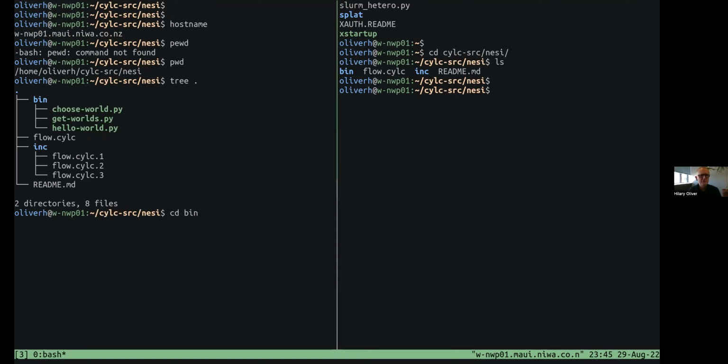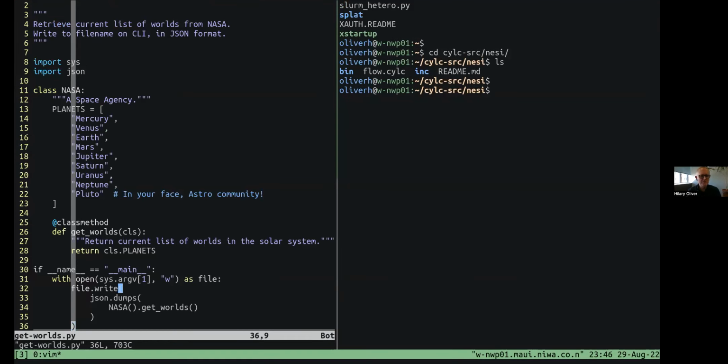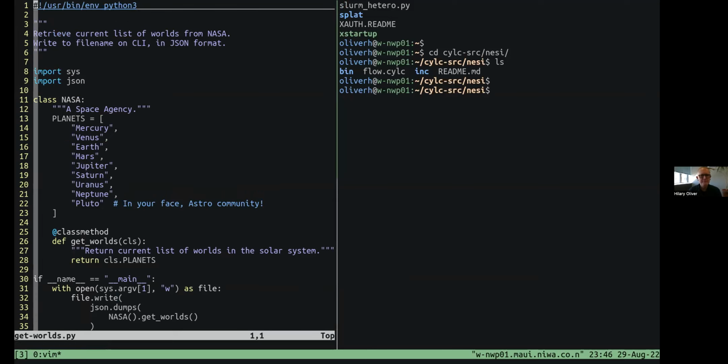Okay, so I'll just show you the simple programs that I'm going to co-opt into a workflow. This is based on an extended Hello World example, and again, Cylc doesn't care what you're running in the task, so it doesn't matter that these are trivial. It works just as well for any real job.